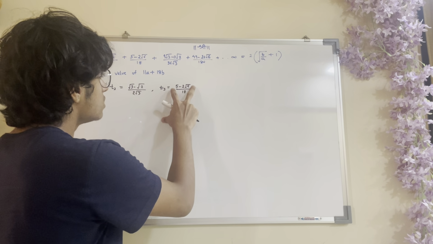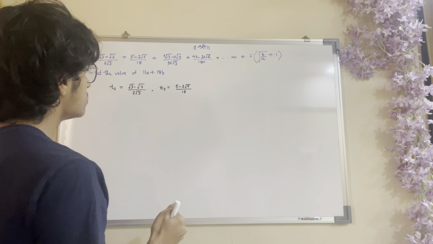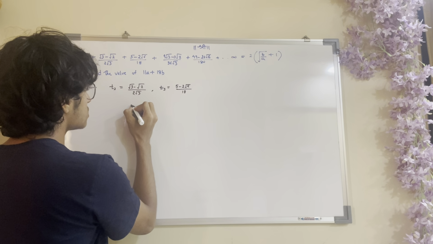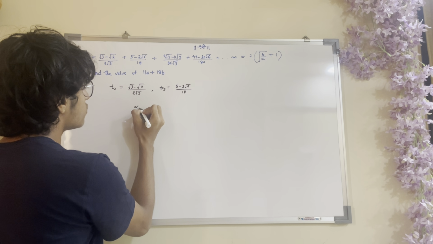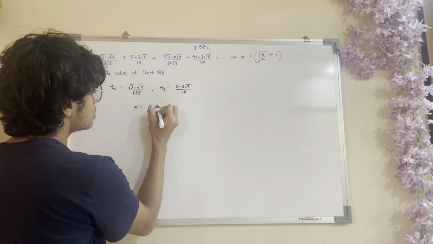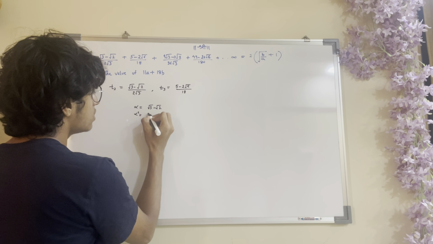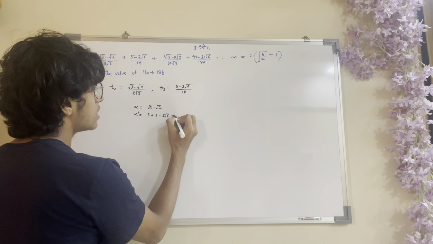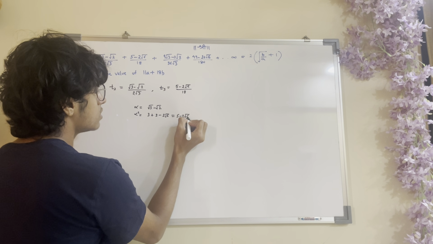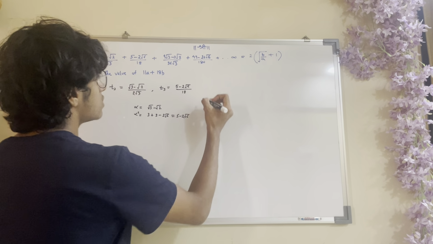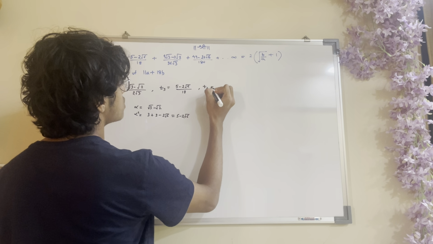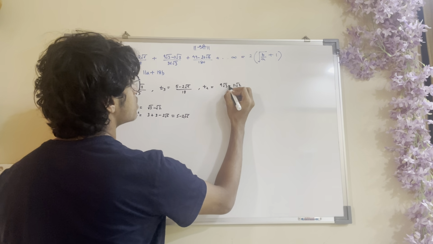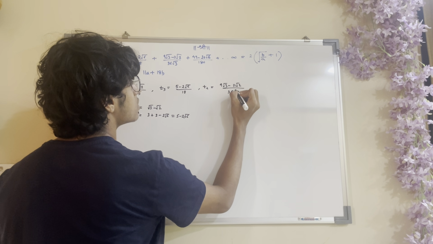Now this term and this term look quite similar because the square of this numerator will give us this. That is, if we take alpha as root 3 minus root 2, then alpha square would be 3 plus 2 minus 2 root 6, that is 5 minus 2 root 6. Let's check for the next term, that is the fourth term: 9 root 3 minus 11 root 2 upon 36 root 3.